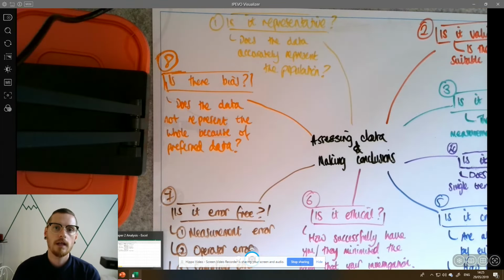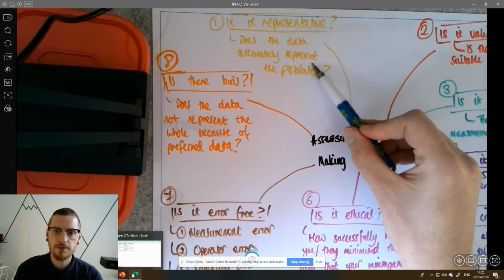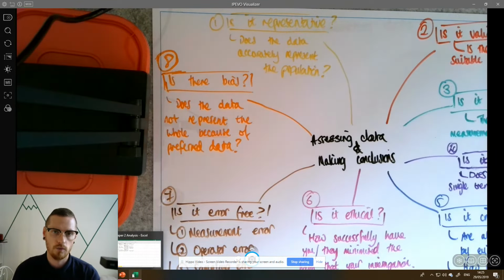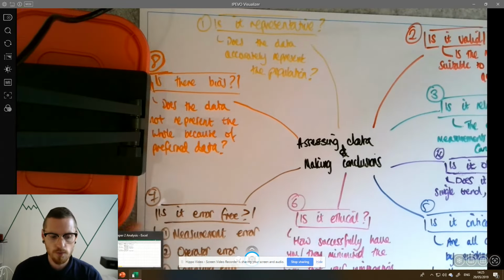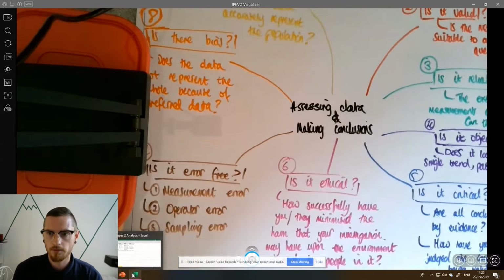Here's an example. Let's say someone did some data collection on a street in a town, but they only ended up sampling women aged between 20 and 25. That would be unrepresentative because the population will have more than just that demographic within it. So that's number 1. Number 2, ask yourself,